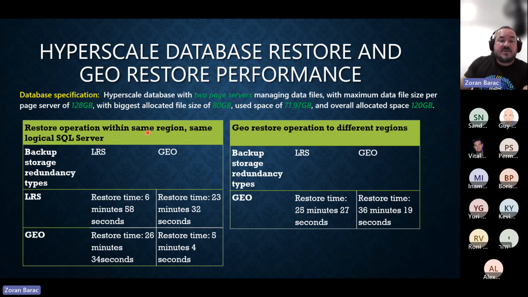If you change the type of your storage redundancy and go to geo, it's going to take you 20 minutes plus.